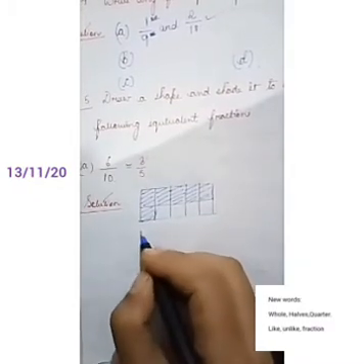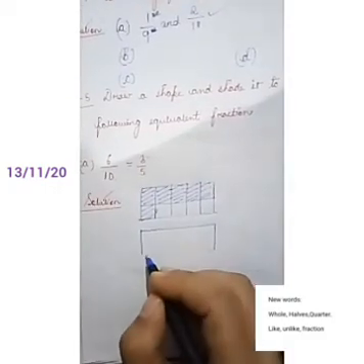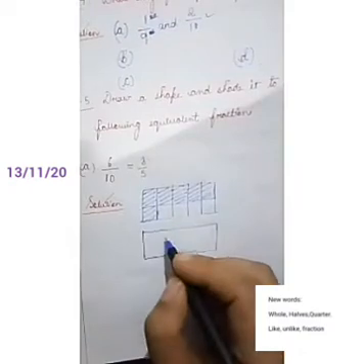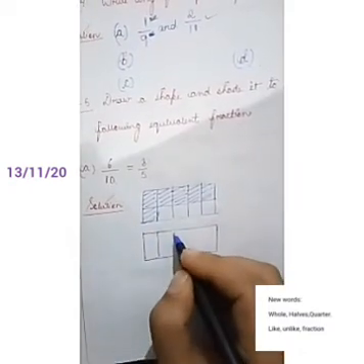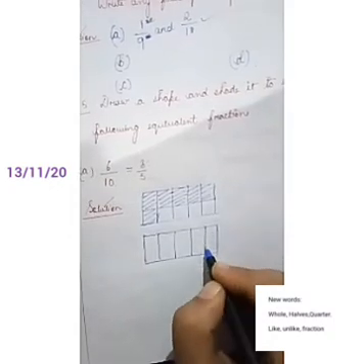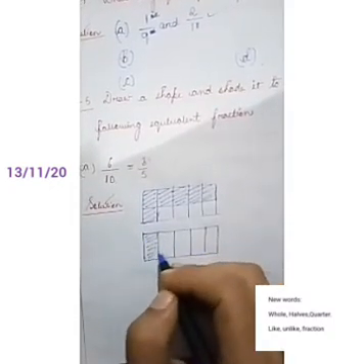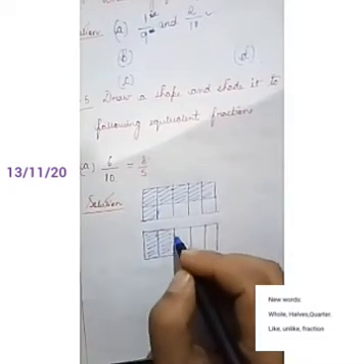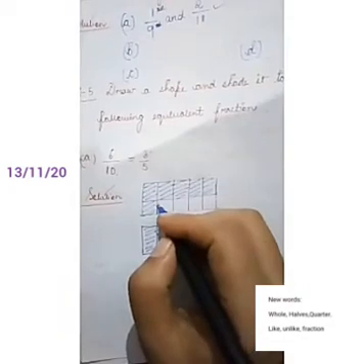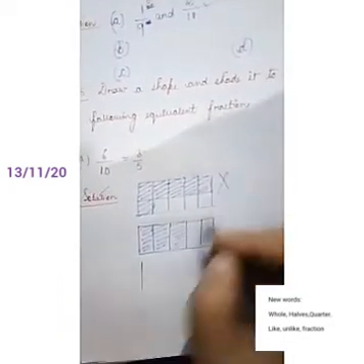Okay. Similarly, I'll take a rectangle of the same size. But here, I will divide it into how many equal parts? 5 equal parts, because here the denominator is 5. So 1, 2, 3, 4, 5. Then I'll shade 3. 1, 2, 3. Okay, you can shade this side also. This figure I'll do again here. No need to do this, you do this figure.